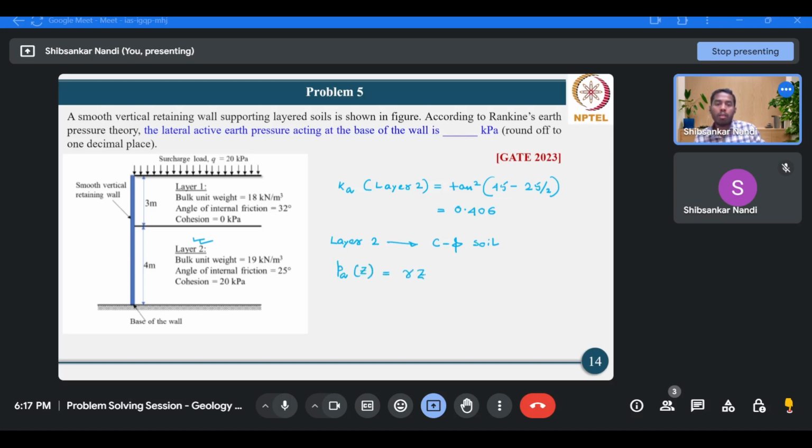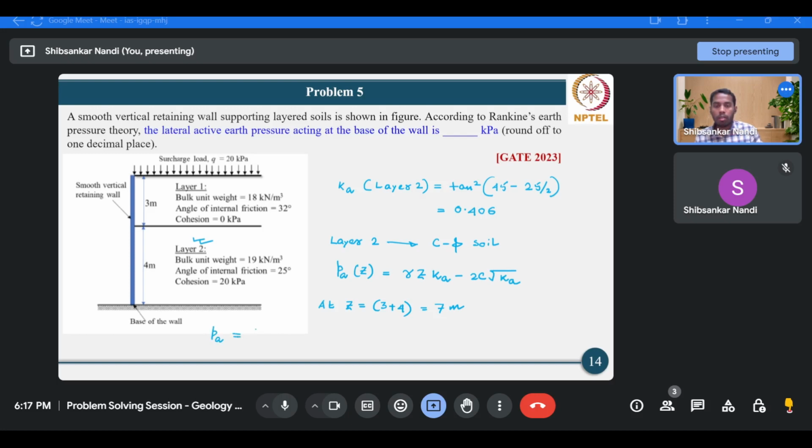It will be gamma Z Ka minus 2c root Ka. Okay. Now we are calculating at z equals 3 plus 4, that means 7 meter. So at 7 meter, sigma A,